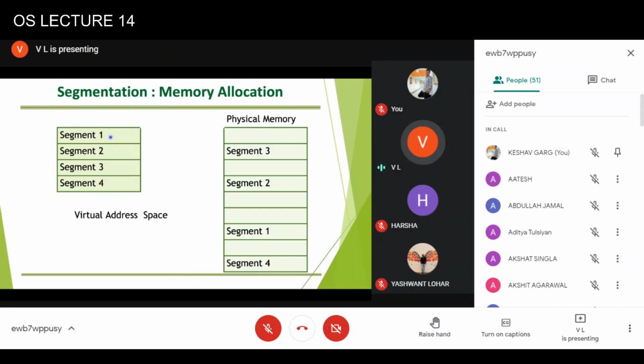So a segment would be a logical entity, and what constitutes a segment will be decided by the user. So the functions which are frequently called, or a recursive function, might be defined as a segment. So the number of segments will actually be decided by the user.